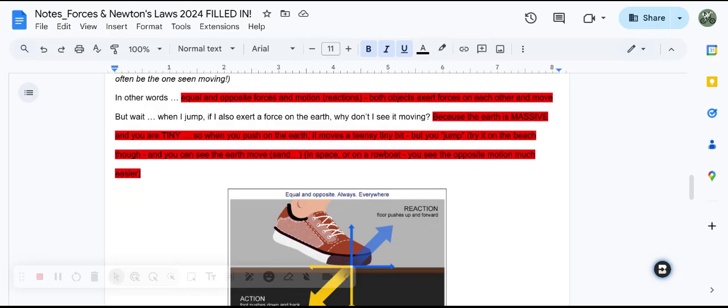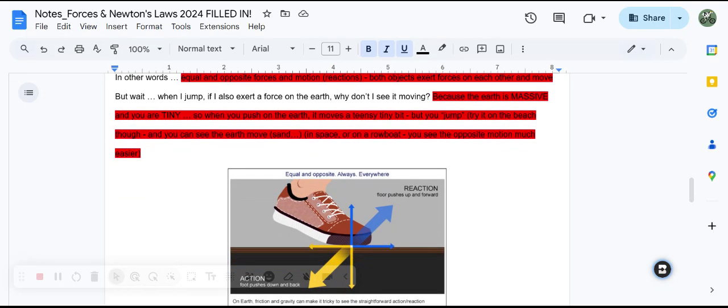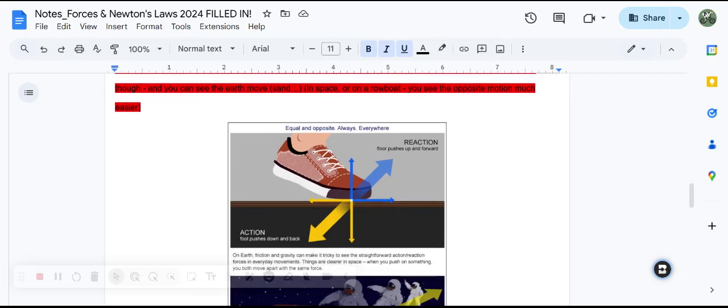However, if we try this on the beach, you can see the earth move a little bit, right? The sand spreading apart and moving away from your feet as you jump or run on the beach is showing that the earth is moving. It's just a little bit of sand that you're able to move while you run forward or jump up in the air. In space or on a rowboat, however, you're going to see that opposite motion much more easily, right? As you take a dinghy towards the dock, if you jump out of it, that dinghy is going to fly backwards while you fly forward a little bit,